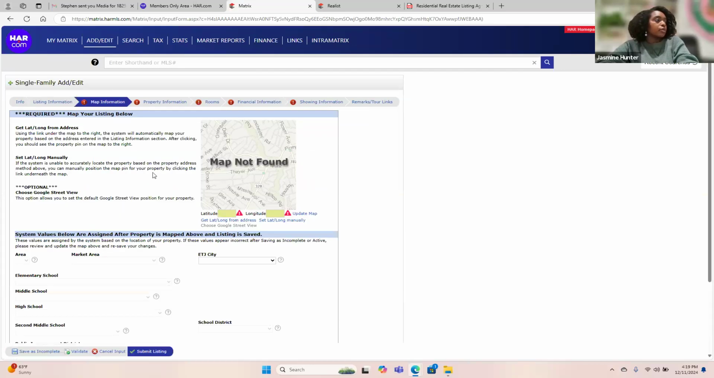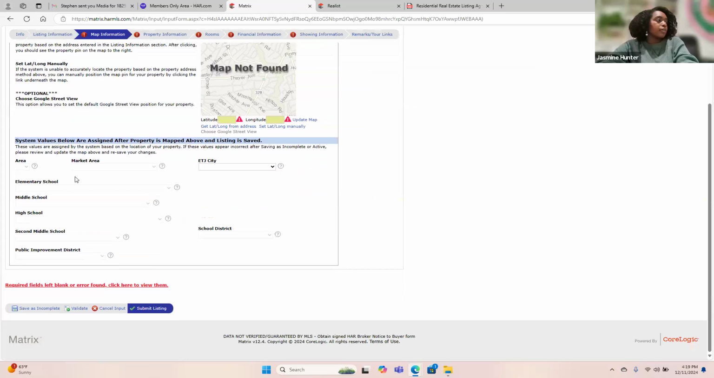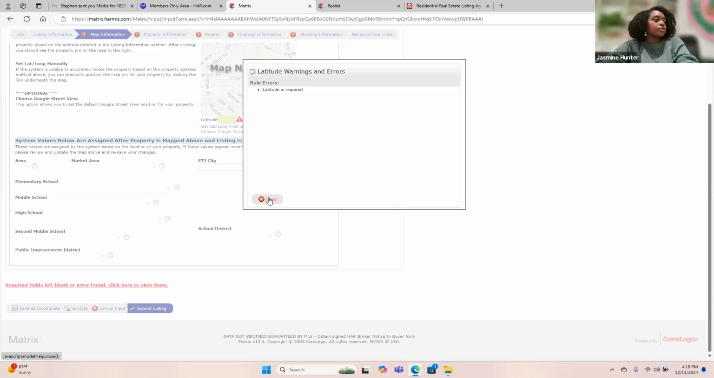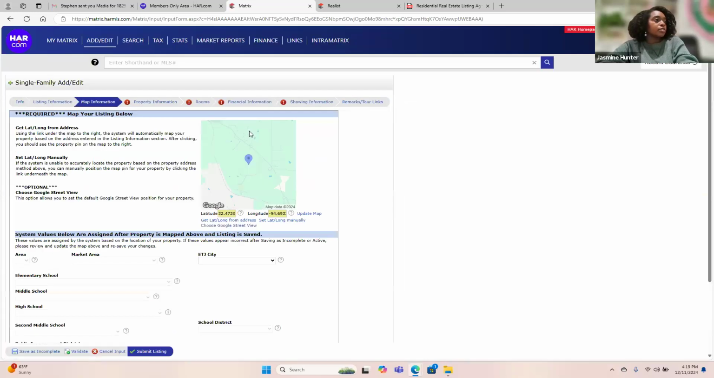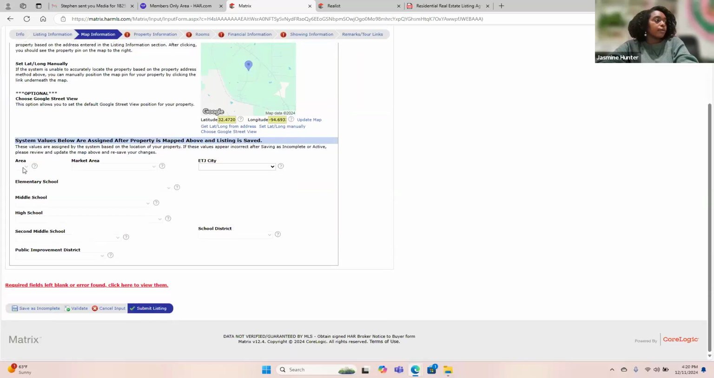Okay. So what this section is talking about, they want to know what school district, is there a PID, what are the schools, all that good stuff. Okay, so the latitude and longitude, you do have to inform this, but you can use, it says get lat and longitude from the address, and see it automatically inputs that there. Okay, and then for your city,